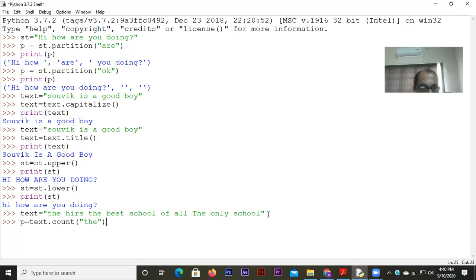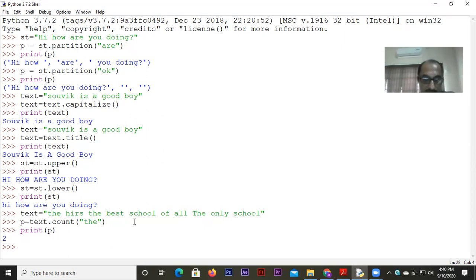So we can easily see here the substring "the" appears 2 times, and this one we cannot consider because the beginning letter is capital. So if you print p, you are going to have 2. But what if the letters are written in capital or small? The is the, whether it's written in small or capital. If you do not want to discriminate between the small letters and capital letters, then what is the solution? Then you can use a small trick here.